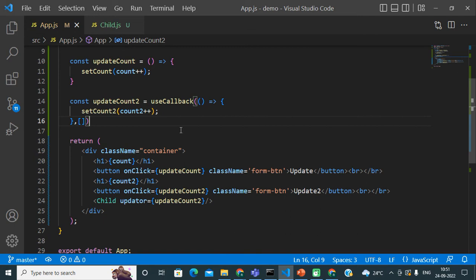Because the function is not recreated, the existing function is passed to the child component, and the child component can see that its prop has not changed, the same function it is receiving. That's why the child component is not re-rendering this time.